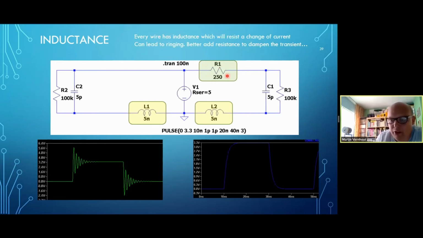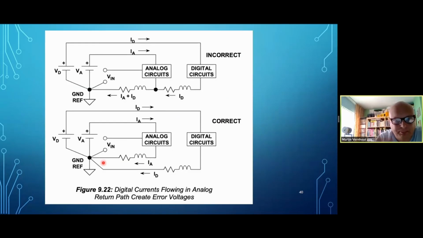Also look at the vertical scale here. If you dampen it, the measured voltage goes to 3.3 volts. If it oscillates, because there is some energy stored in the inductance, you will see that the measured voltage can even be higher than your final voltage of 3.3 volts. It can effectively be double. So you don't want to have inductance, so make sure that there are low inductance traces in your measurement system. Over here, you have the combination of your resistance and inductance part. So if you make a ground node, a star point grounding, you're all the better off. That's the way to go.